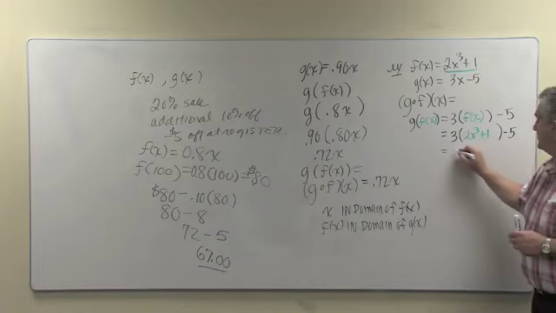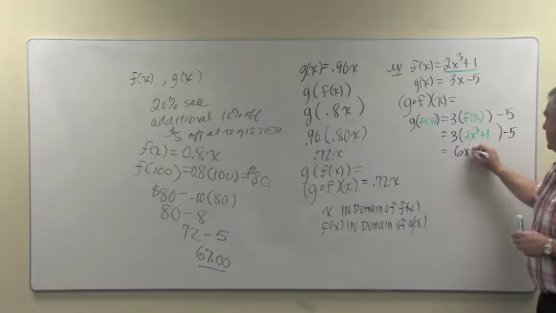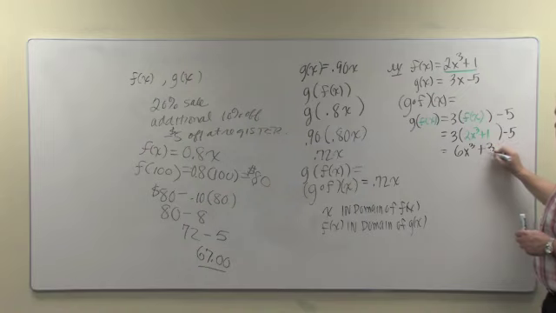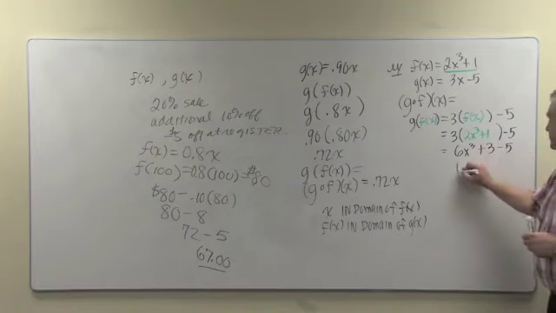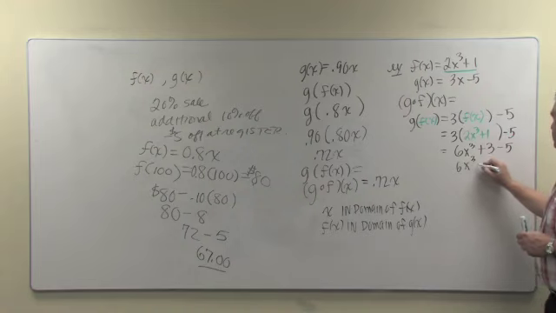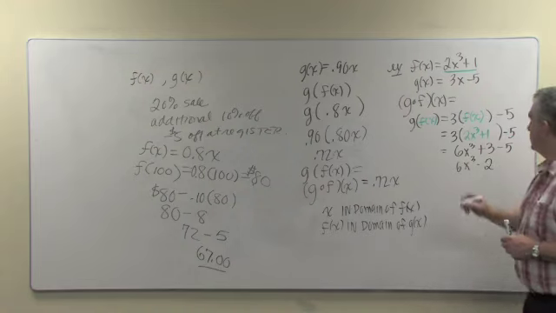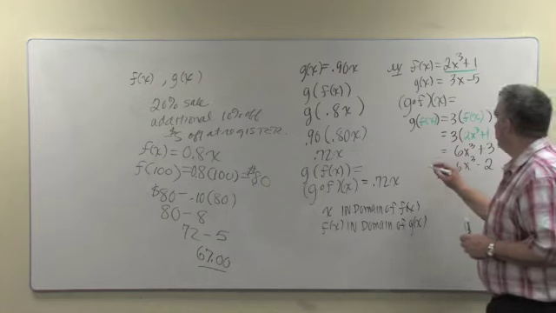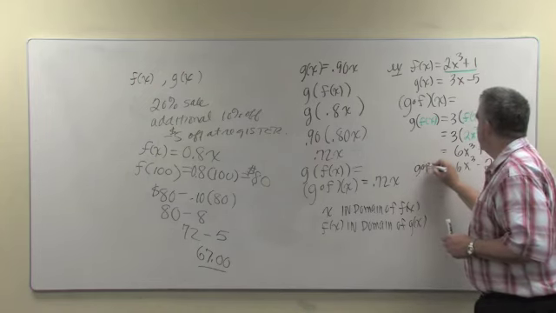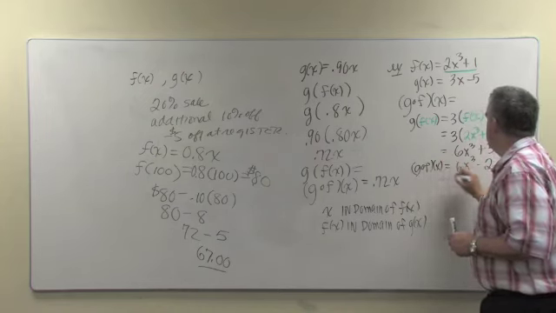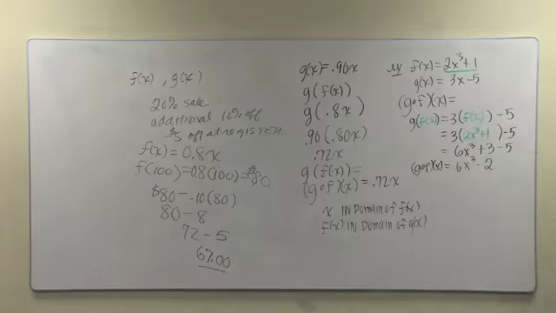Let's simplify. Distributing the 3, we're going to get 6x cubed plus 3 minus 5. And we're going to get 6x cubed minus 2. So the composition function, g circle f, is a brand new function which is made up of the 2 individual functions, f